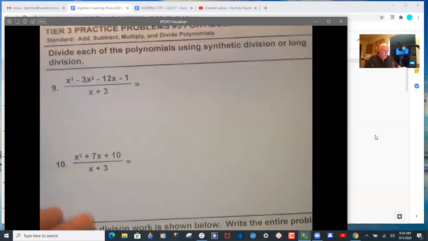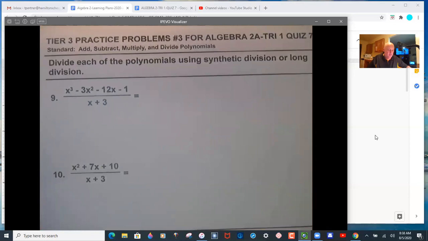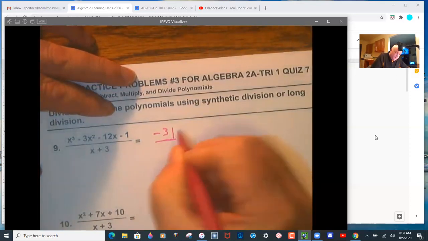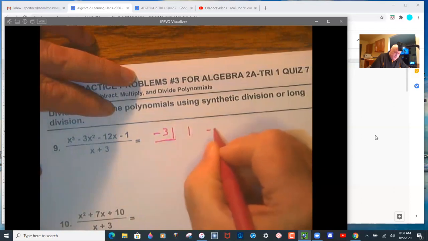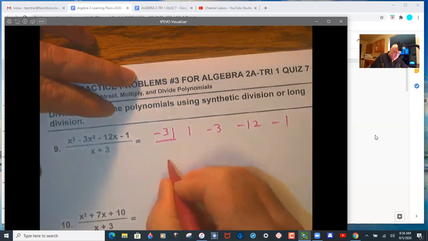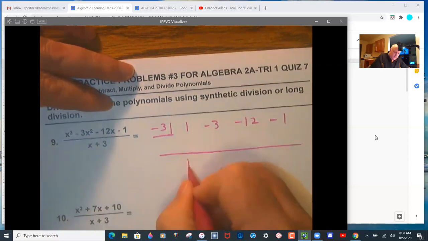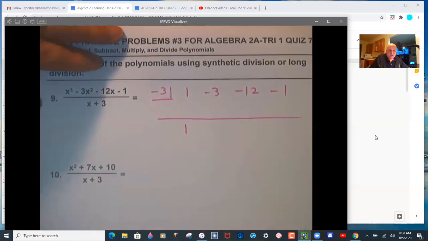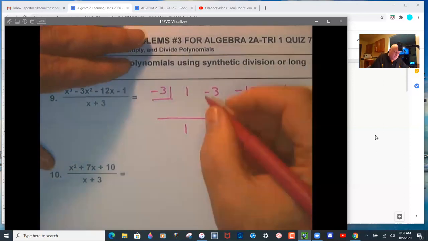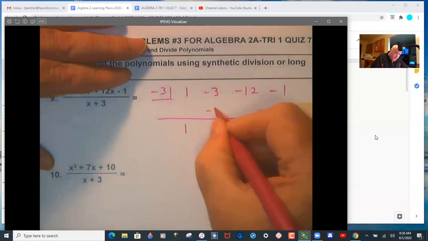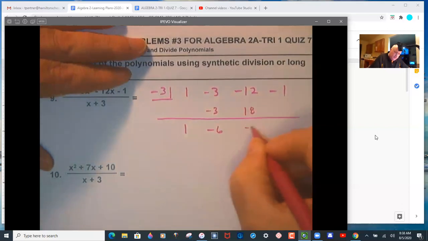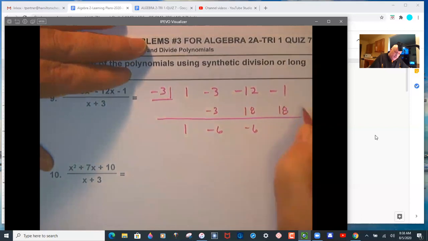All right, the good news here is we can synthetically divide both of these because solving the divisor equal to 0 gives an integer. So you need to be able to solve this denominator equal to 0. So negative 3, negative 6, 18, negative 6, 18,